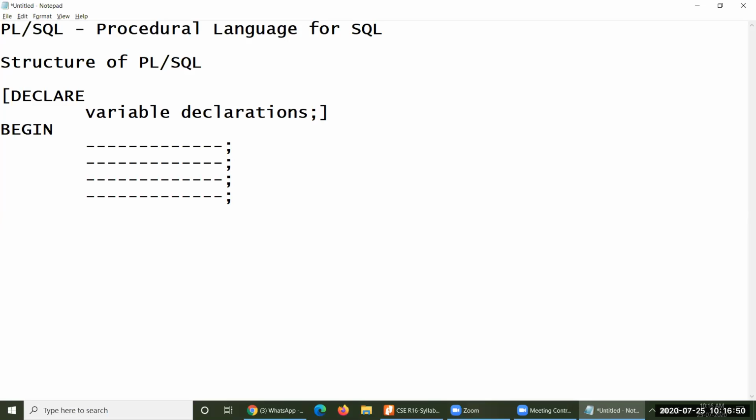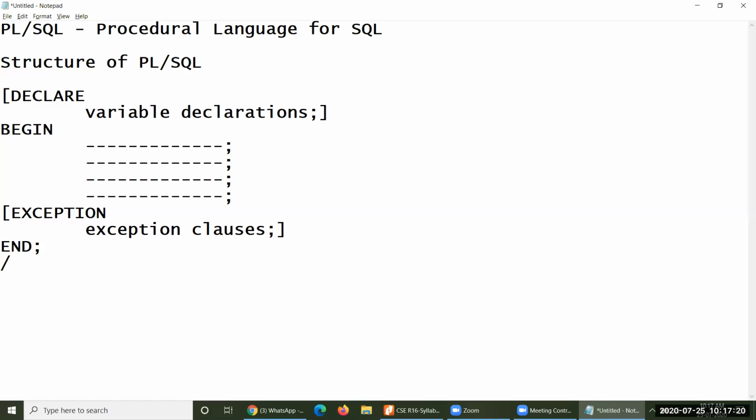And one more extra thing is also optional. When the situation demands, you have to use it; otherwise, you can omit it. That is the exception clauses. Already you have studied exceptions in Java, Python, C++, and all those languages. Whatever exception clauses you have to mention come here, and at the end your program must end.